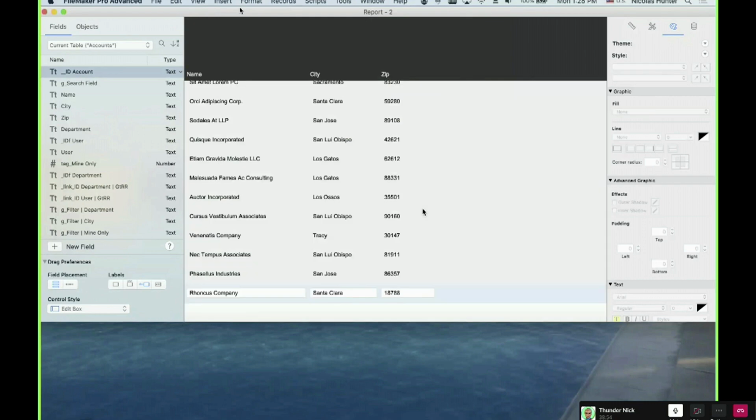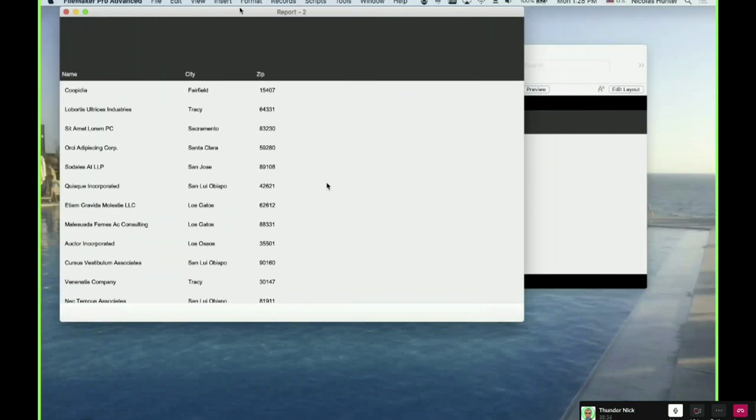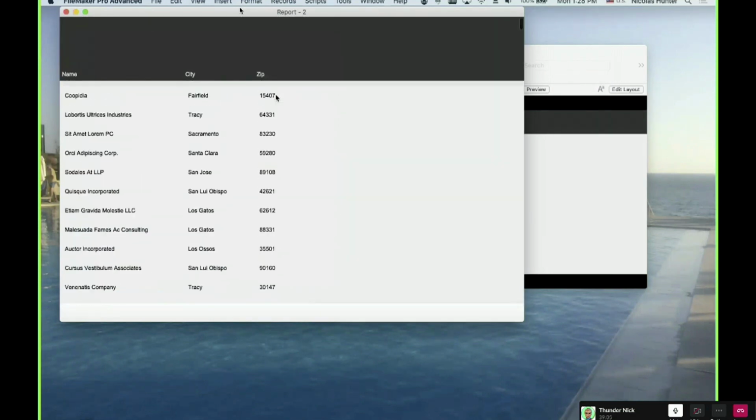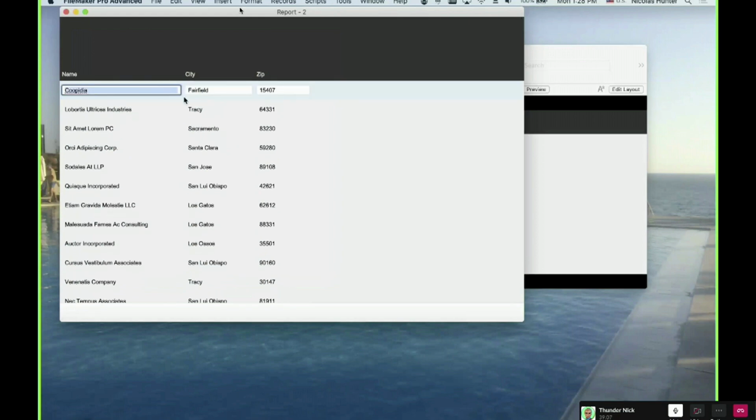So pretty much we have something like this. And if you want to print, you will have something looking like this: name, city, and zip.